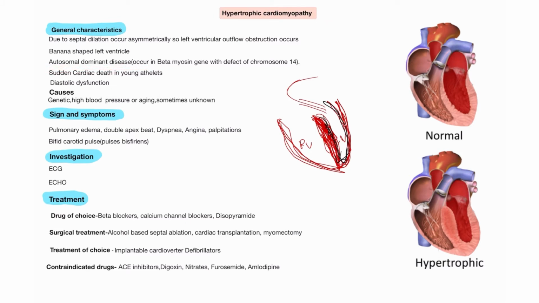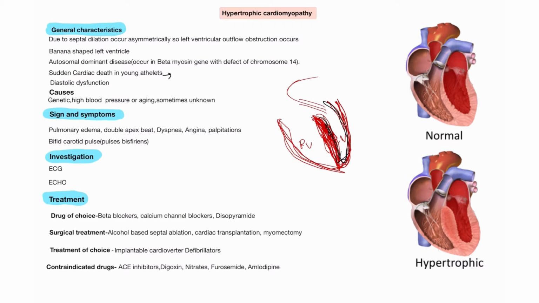And please also learn this: sudden cardiac death. If you see any question on sudden cardiac death in a young athlete, sometimes you hear that a person runs fast and after that he falls down, and after that sometimes you see the death of the patient. This sudden cardiac death in athletes occurs due to hypertrophic cardiomyopathy because in these cases you will see the ventricular